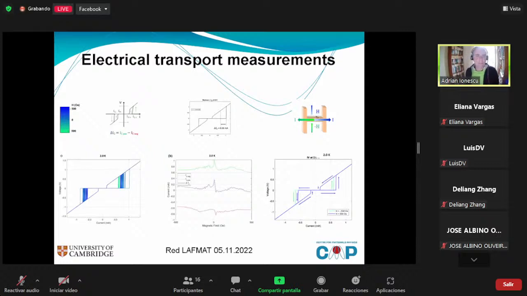What you see on the bottom left is the voltage current characteristics. As we alter the applied field, you see basically a kind of hysteretic behavior in your VI curves at 2 Kelvin, so below the critical temperature. At the same time, we look at basically the critical current, that is where